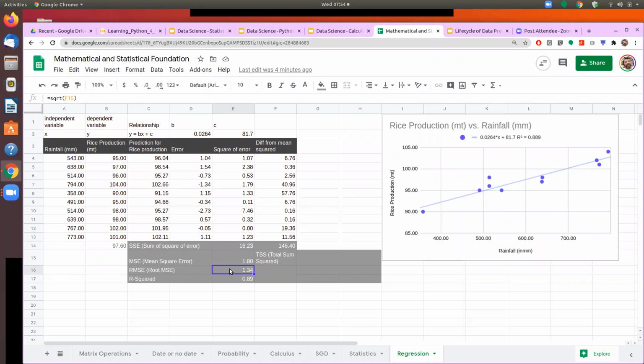RMSE, E is for error. Now we understand what the error is. So this is the error in the estimation. Then square. So RMSE, the second word is square. So we take the square of the error, then we take the mean of that, and then we take the root of that. So these are the four different steps that you do. The name itself contains the entire explanation. And that is what you should be able to explain to anyone, why RMSE is a good measure of the quality of my prediction, the accuracy of my prediction. The lower the RMSE, the better is my prediction. The higher the RMSE, the worse is my prediction.